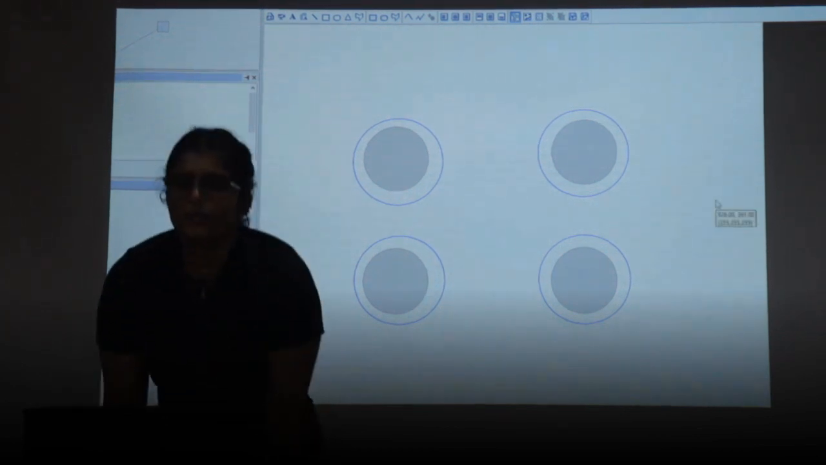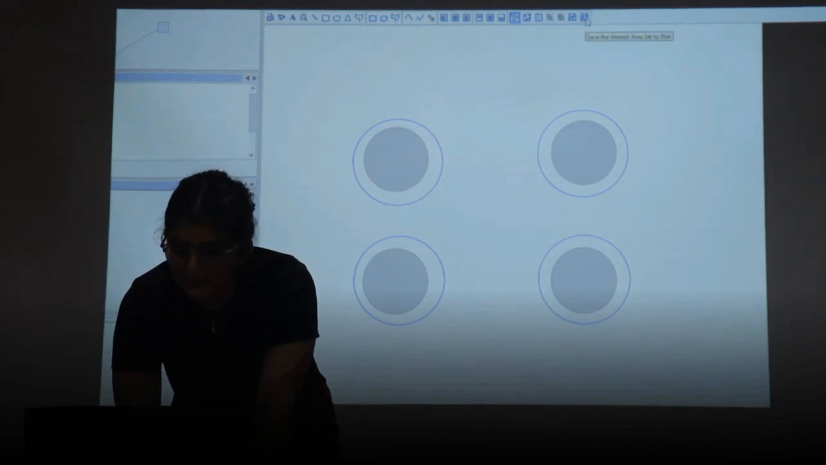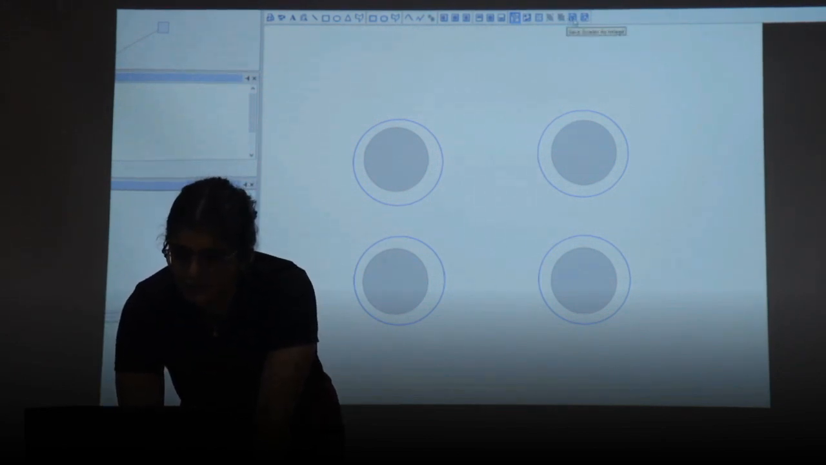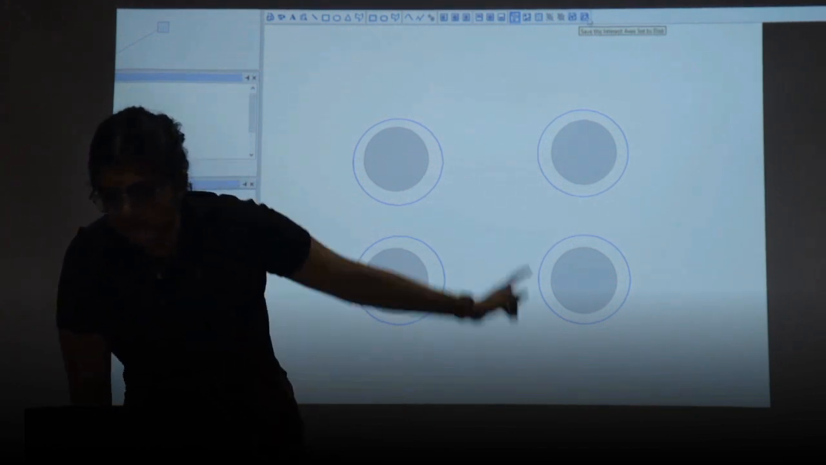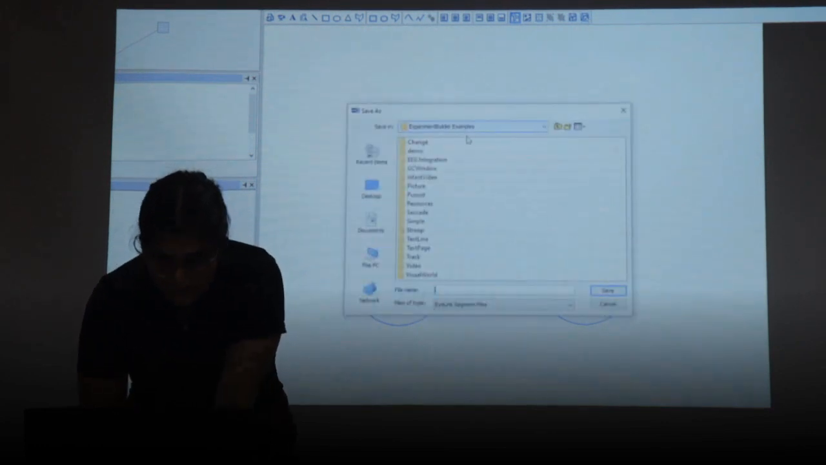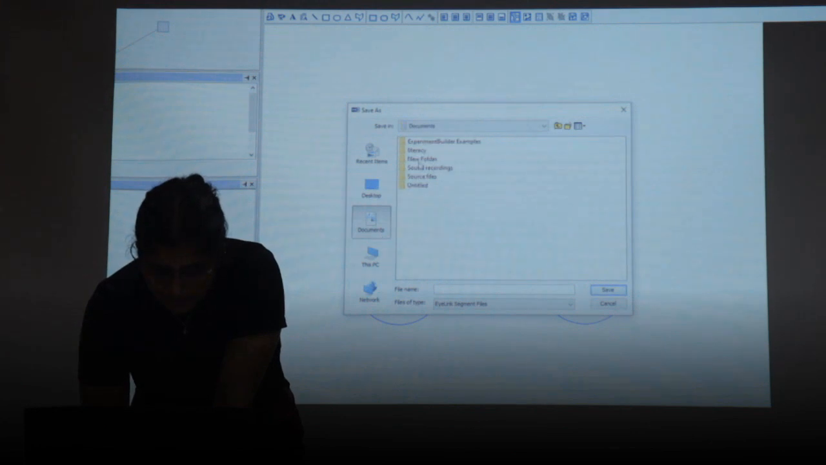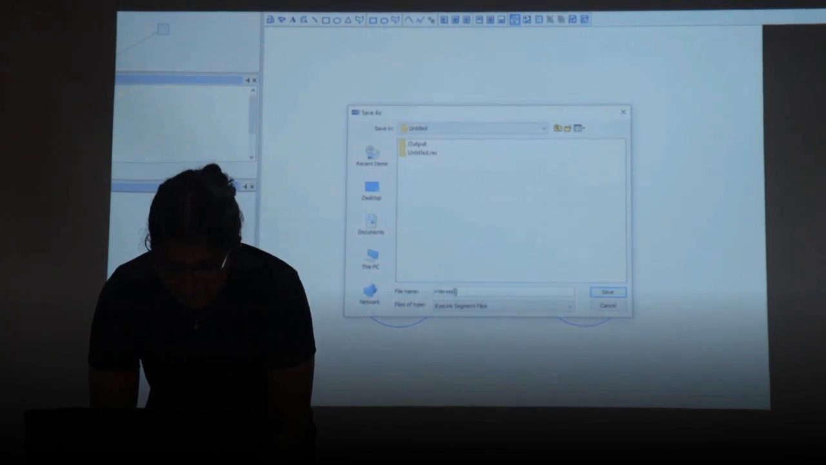Okay, now that you have your interest areas around your particular things, you can save this as an interest area set. You can also save this screen as an image. What this says is save the interest area set to disk. So you click on this and it will give you a whole prompt: where do you want to save it? I want to save it to documents, untitled. Here I will save it. So I will save it as interest area